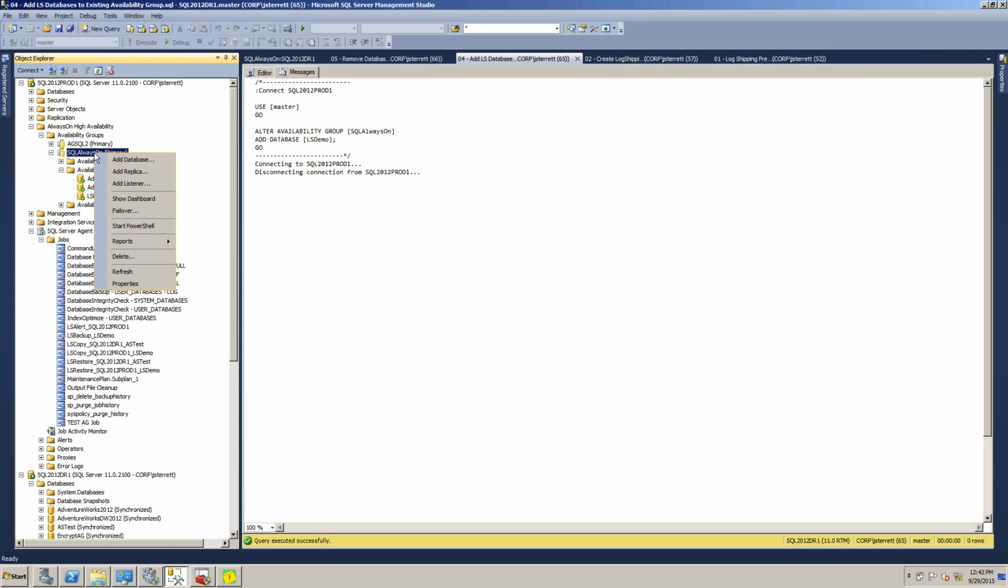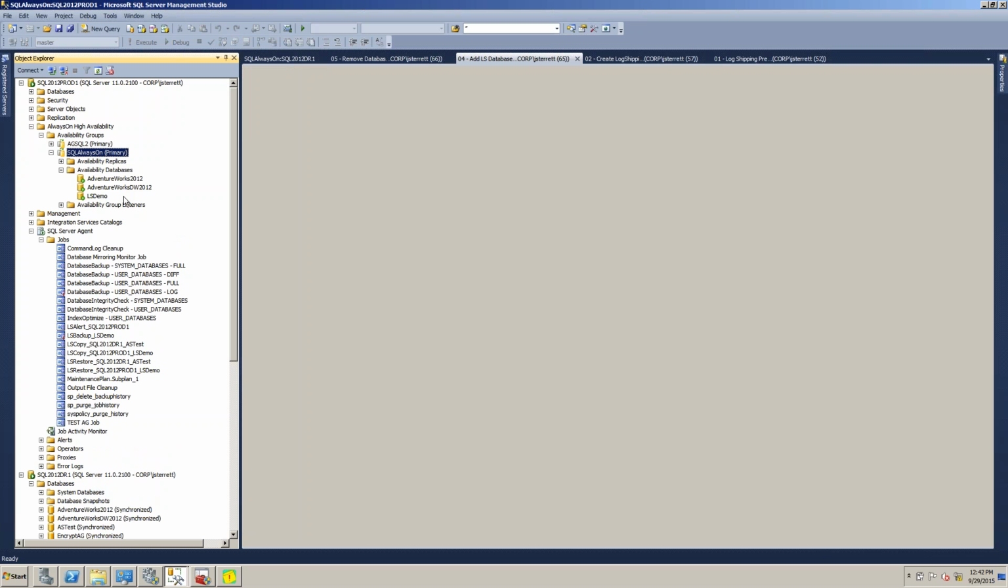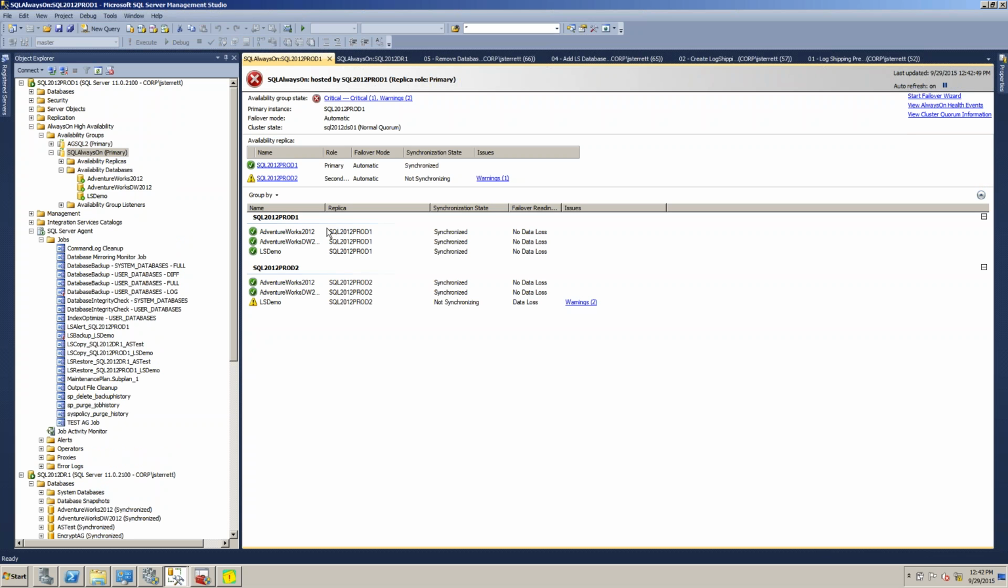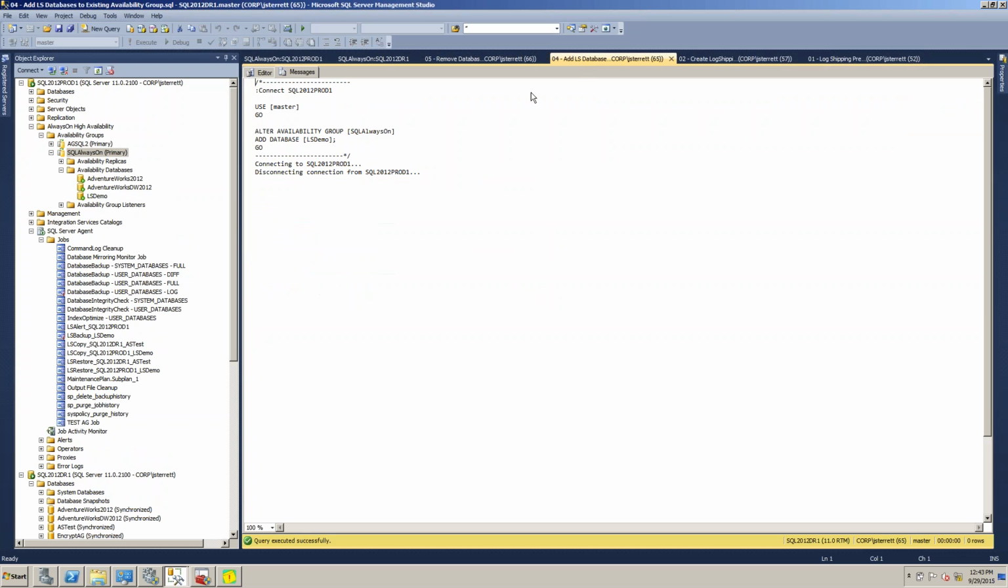I'm going to load up our dashboard here because I want to show you that this is just half of the equation. This is adding it to the availability group, and on the primary it's going to be there healthy and in sync, but we never actually physically joined it to the secondaries over here. That's actually the second part of our script. So if I go back here